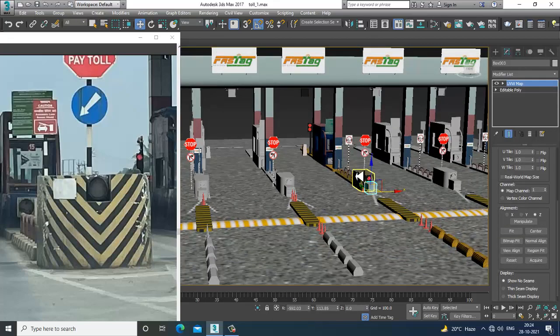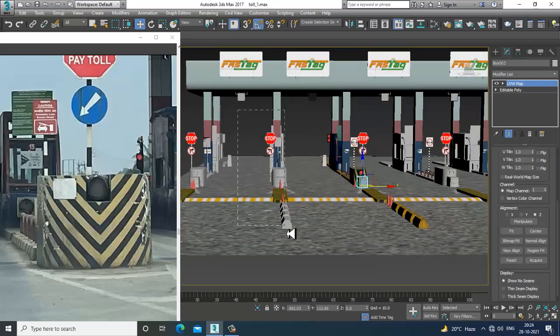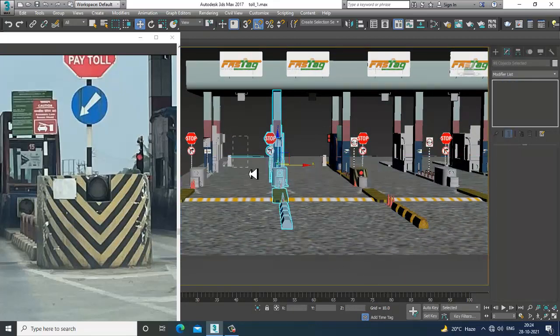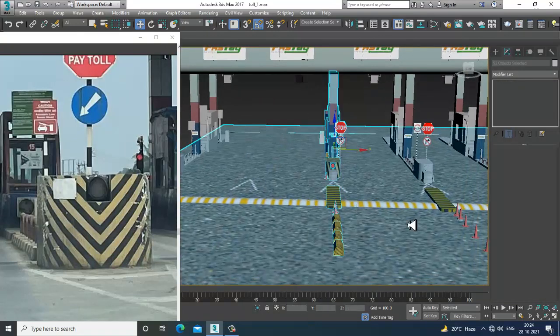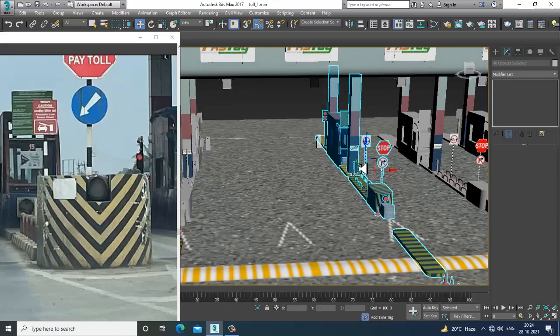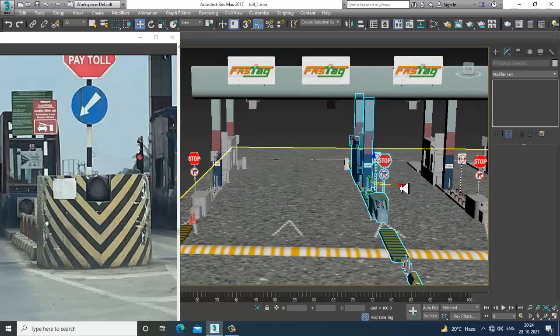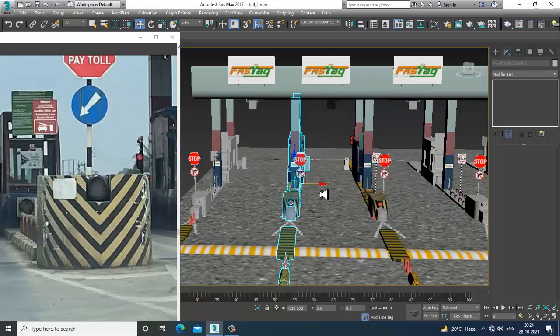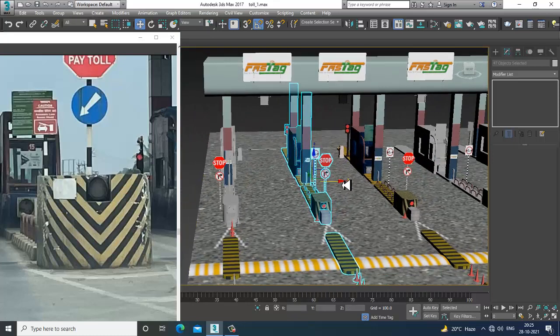After that, I'll select this element and delete this. Then I'll shift and drag this over here to make a copy of it.